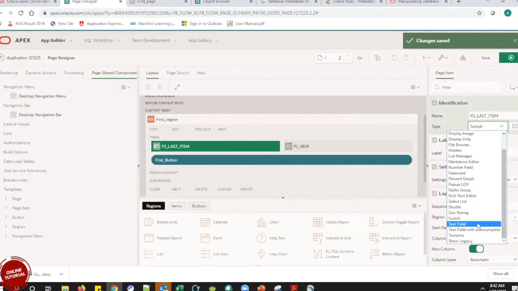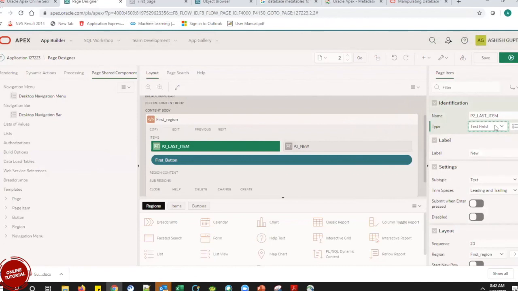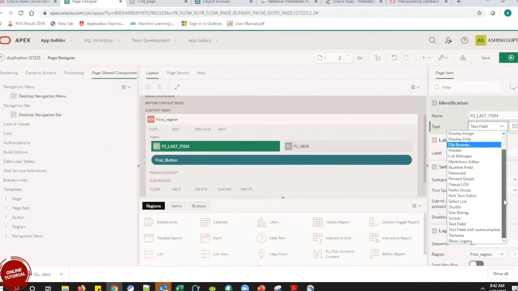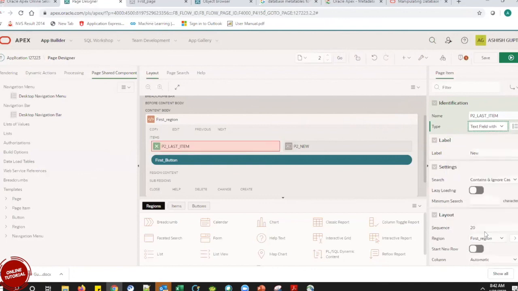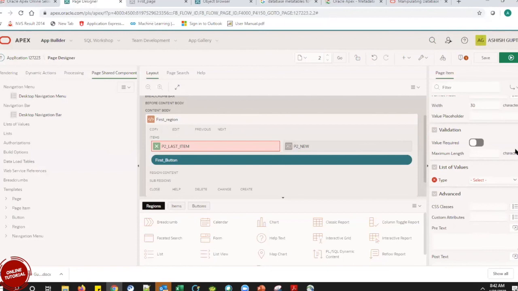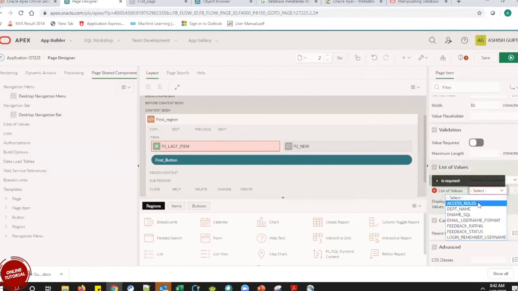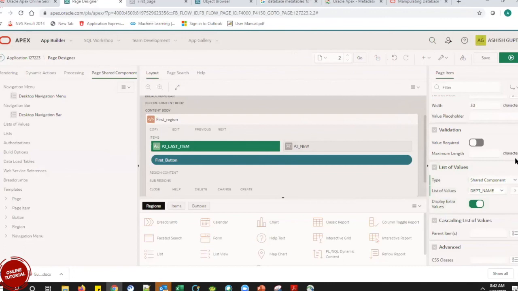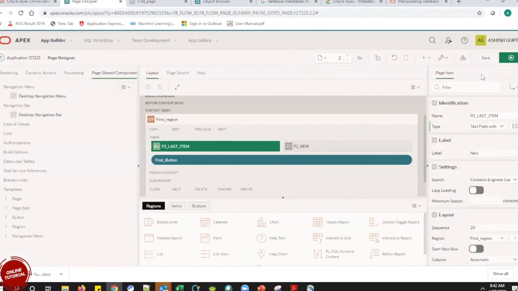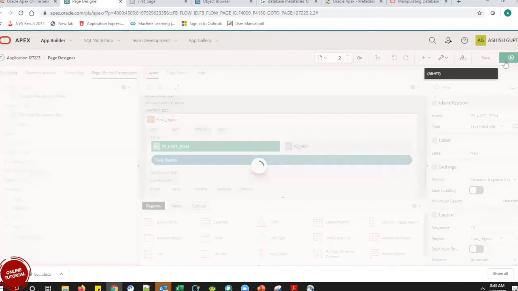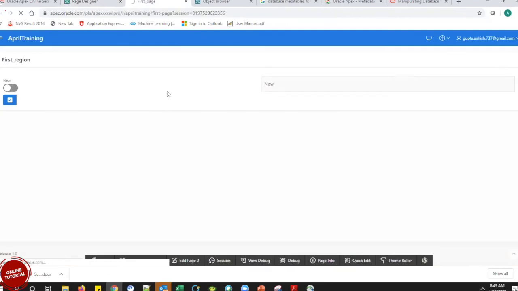Okay. Next is the text field. I think we have already seen a text field. A text field with autocomplete is when we give some hint for the field.